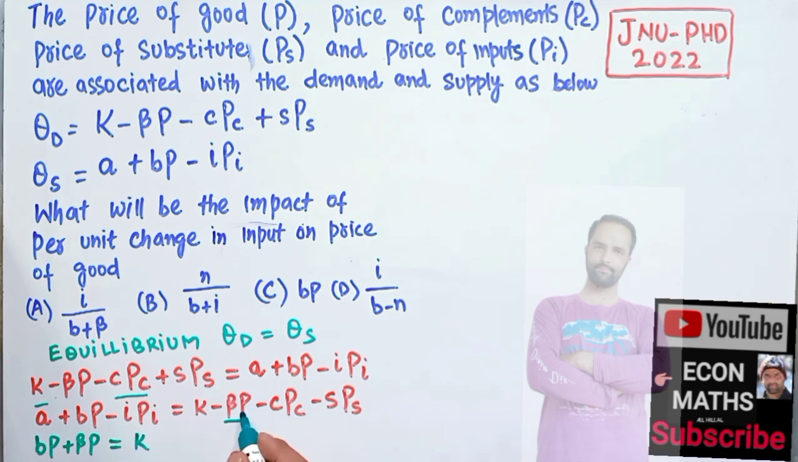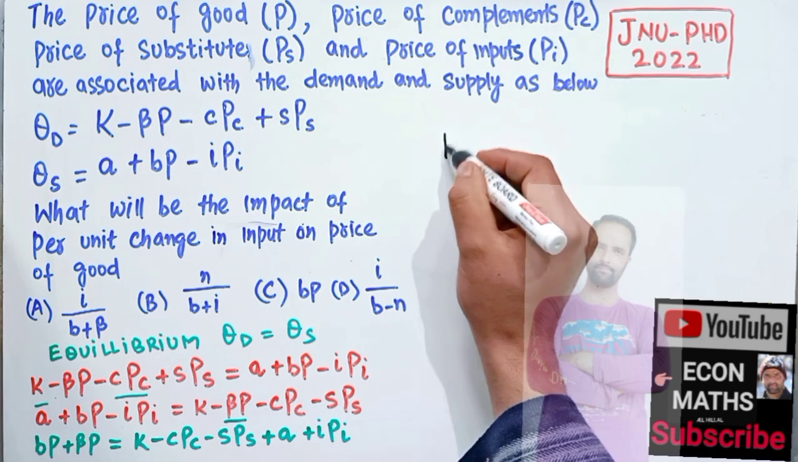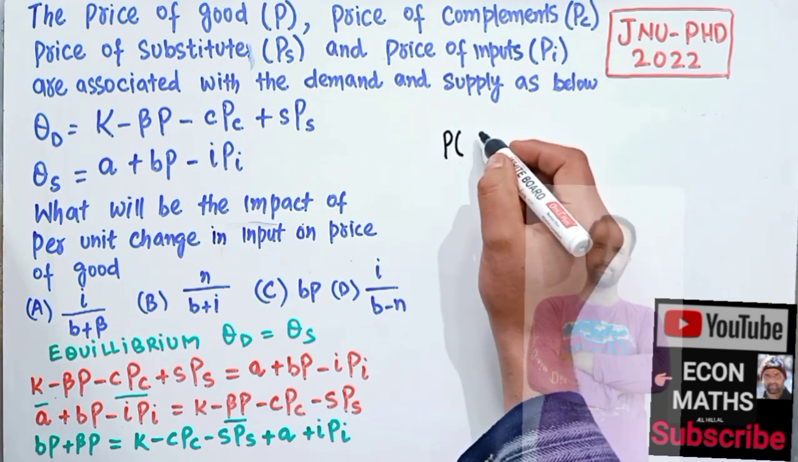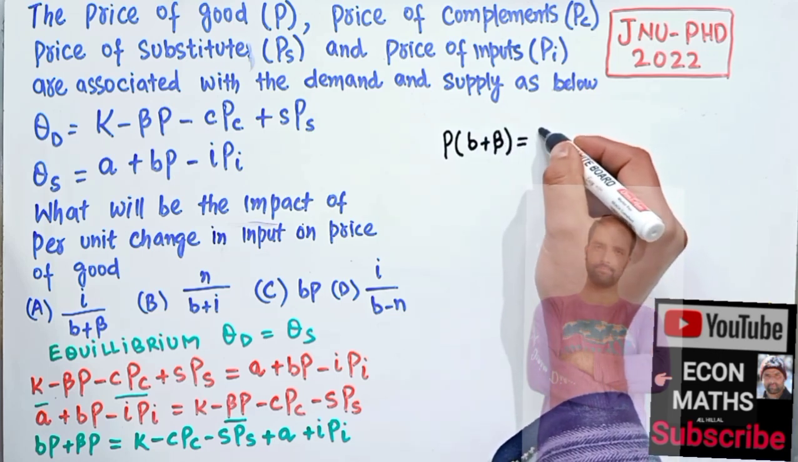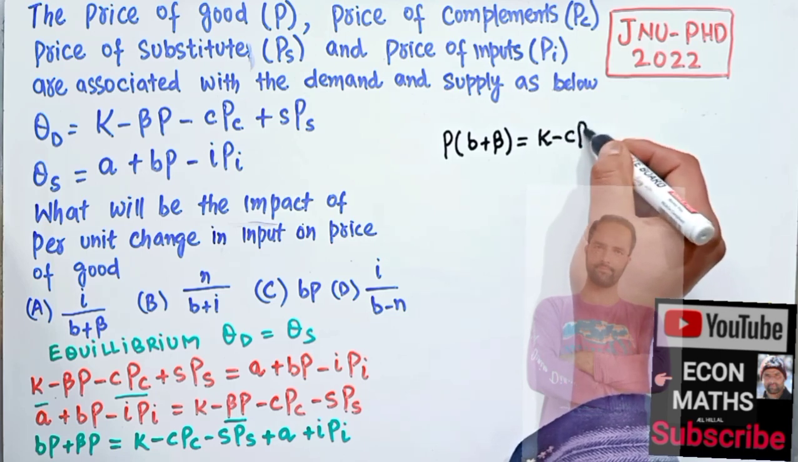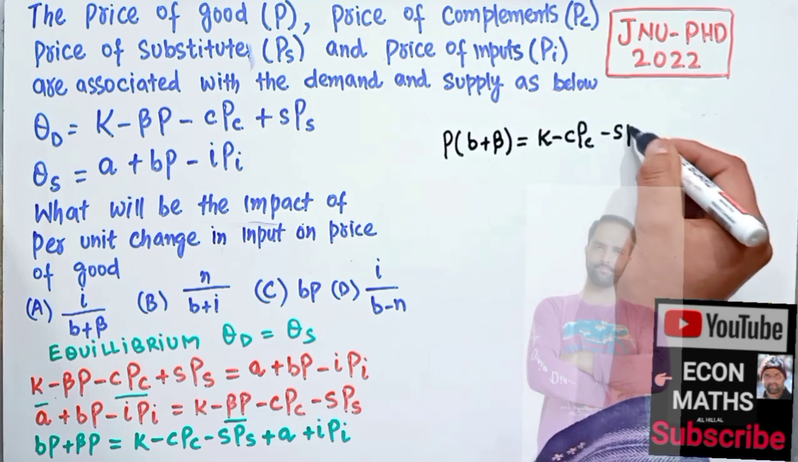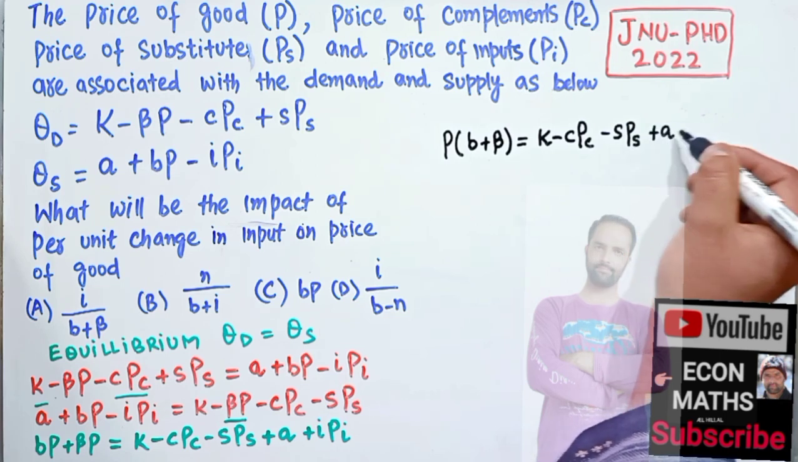K minus CPC minus SPS. Now transposing this A here and this IPI, it will become plus I times PI. Okay, after that we can take P common here. So if I take P common, we will be left with B plus beta is equal to, so we have K minus CPC minus SPS plus A plus